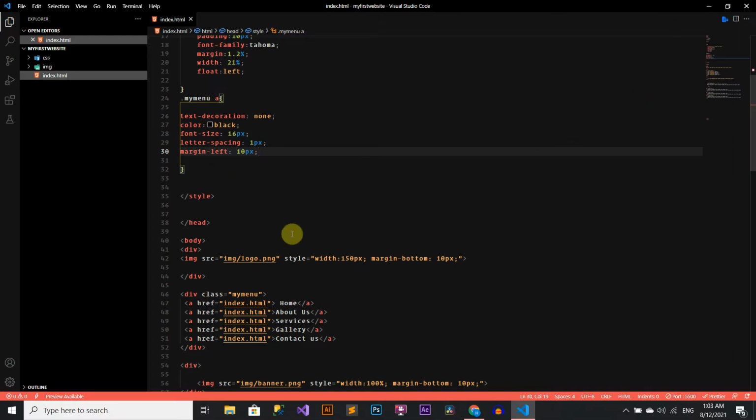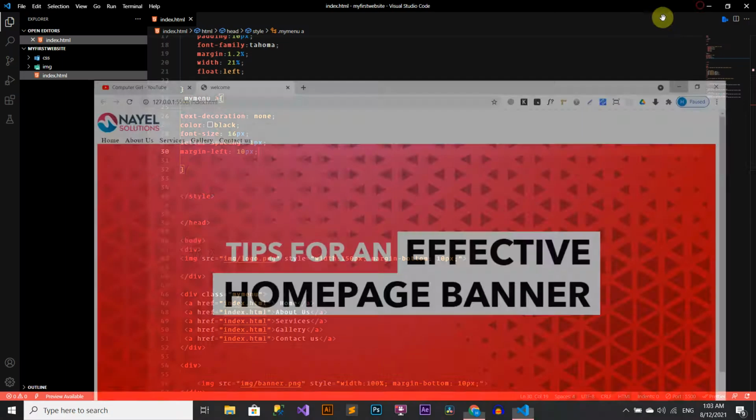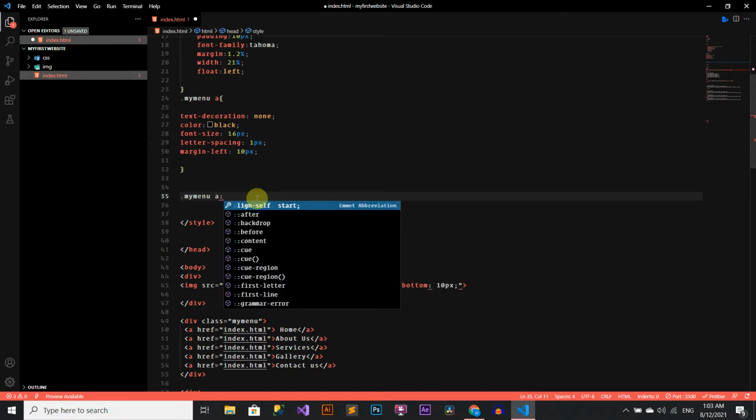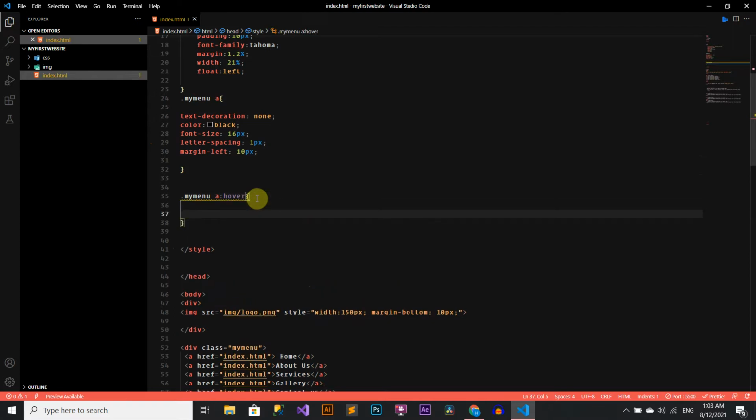Now on mouse over I want to change the color of the link, so I will create same name class including A, which is for anchor, and after A I will add colon hover, which means when mouse over the link.